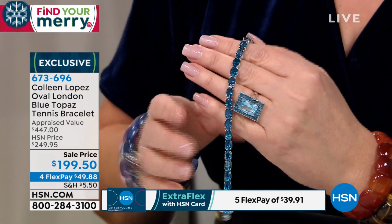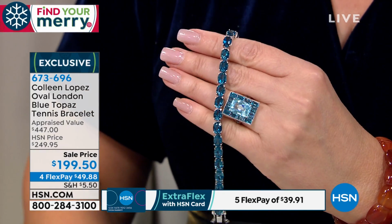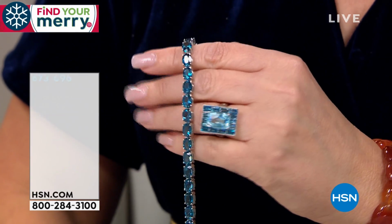And that is done with a combination of sky topaz, that gorgeous sky blue centerpiece. Look at the cut of that stone. Gosh, is that pretty or what? So you have sky topaz, and then